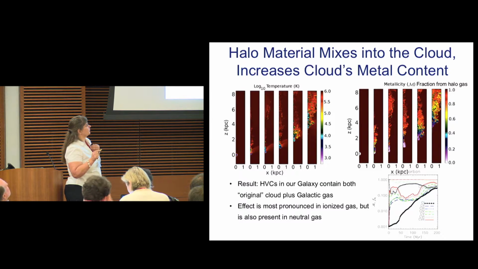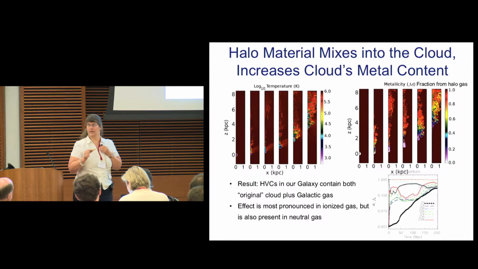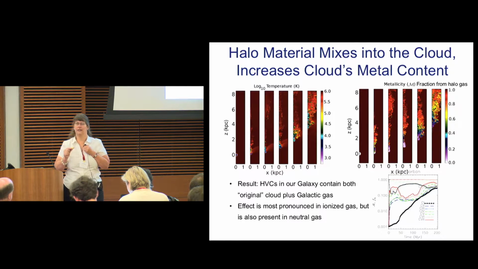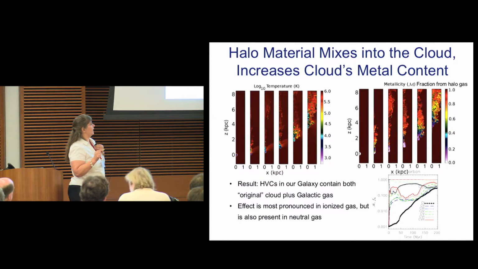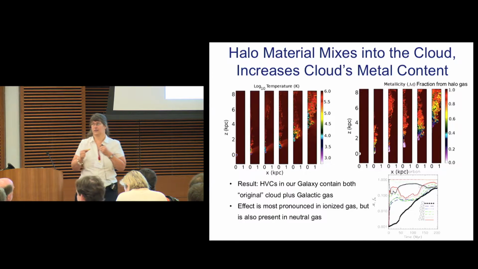And you're seeing all sorts of colors like that yellow. Let me just point that one out. That's roughly 70%. Meaning that's stuff that looks like a high velocity cloud. In reality, it's 70% halo material that's been pulled in. Okay, there's a gradient across the cloud from the head back through the tail. That gradient starts at low amounts of entrained gas, ends up at high amounts of entrained gas. That same gradient is also a gradient in temperature, and it's also a gradient in ionization level.